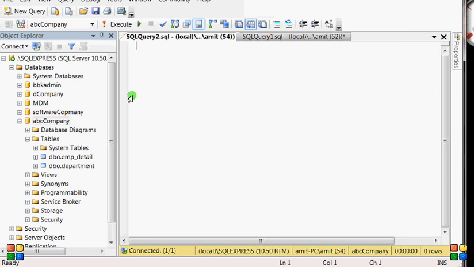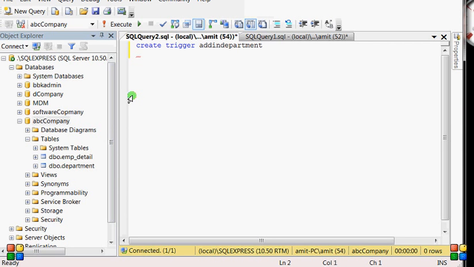So here we have to create trigger, create trigger add in department.